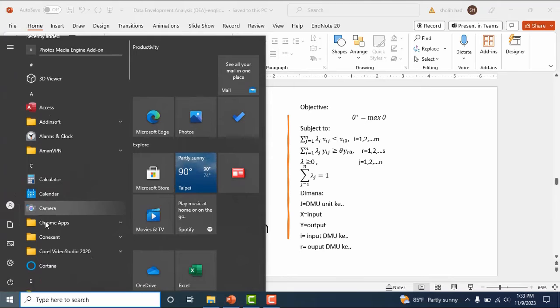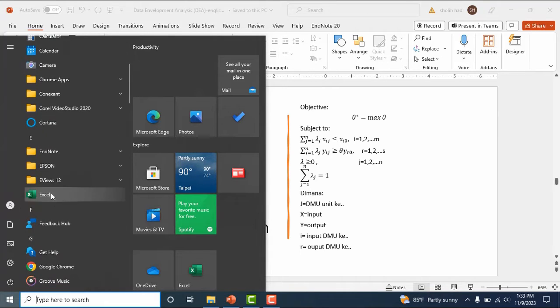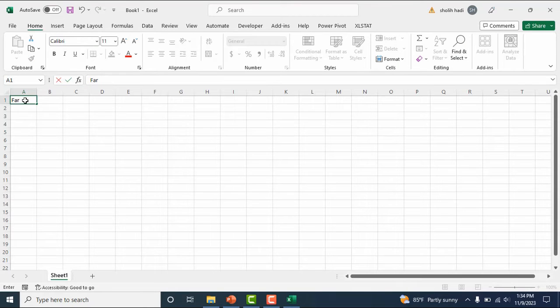Okay, we want to go to an example to make it easy to understand the CCR and BCC models. We go to Excel. The farmer is a DMU, the input is fertilizer, and the output is production.